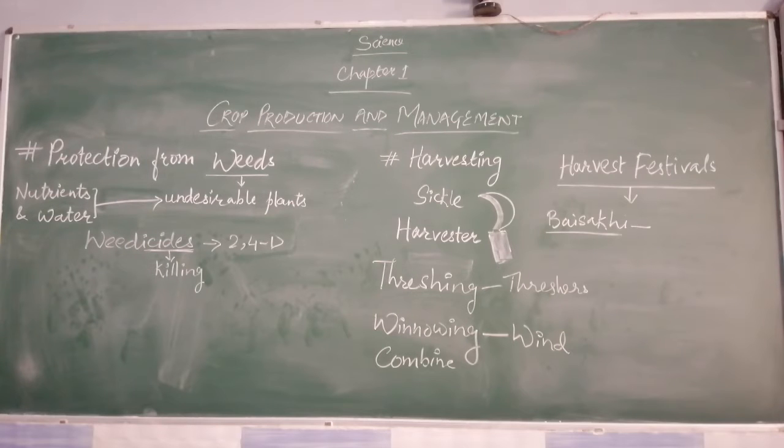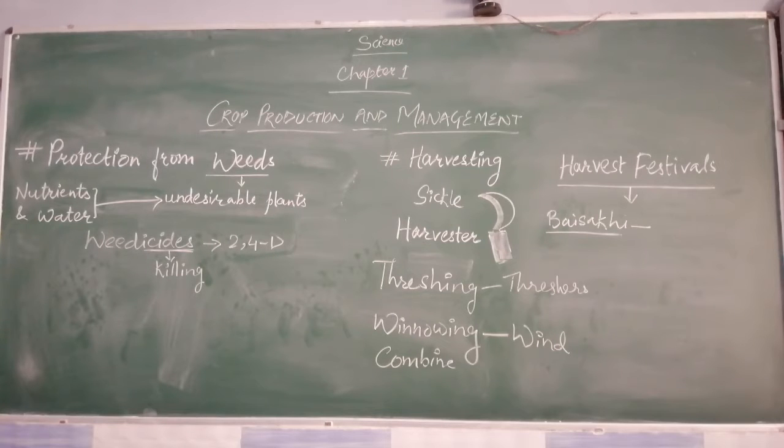Now, the farmers are providing all the water which is required by the crop, and they are also adding manures and fertilizers to increase the fertility of the soil. But just think of it, if whatever amount they are providing is not fully utilized by the crops, and some amount is utilized by other undesired plants, the crop may get affected. And that's why the farmers need to remove these weeds from the farm.